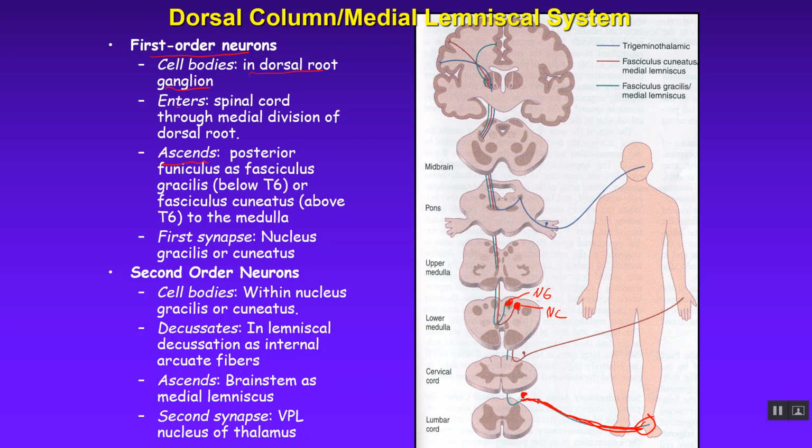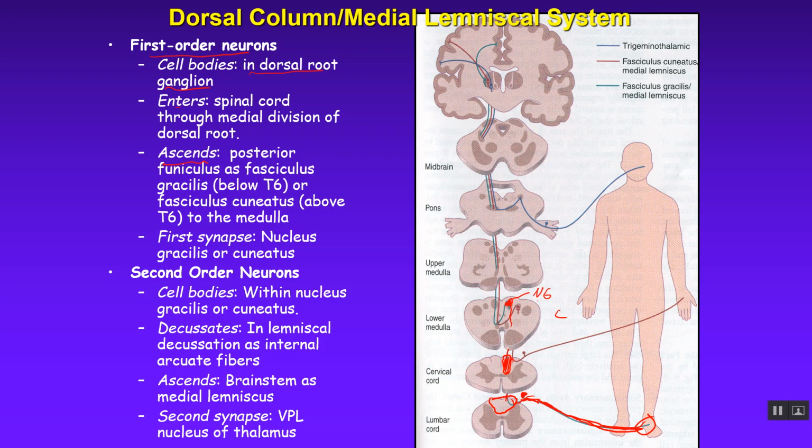Okay, so we're going to worry about the lower body right now. So lower body is going to come up. It's going to enter in this whole region back here, the posterior funiculus of the spinal cord, and it's going to go up this little region right here. It's more medial. It's called the fasciculus gracilis. So this little area here is the fasciculus gracilis. It's going to go up the spinal cord all the way up through the thoracic and cervical spine as the fasciculus gracilis. That axon's going up, and then it's going to eventually go to the nucleus gracilis,